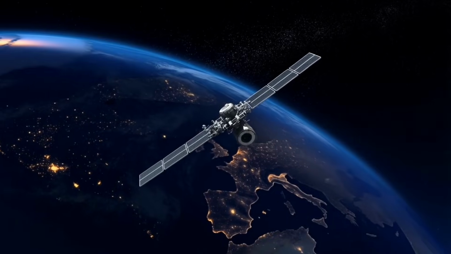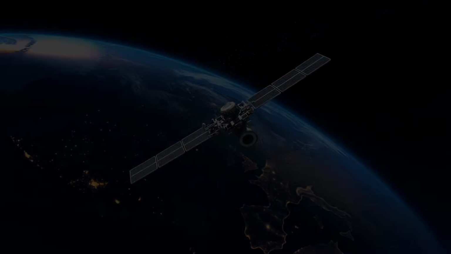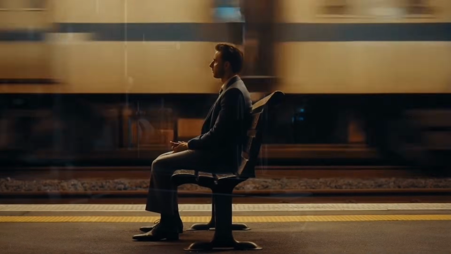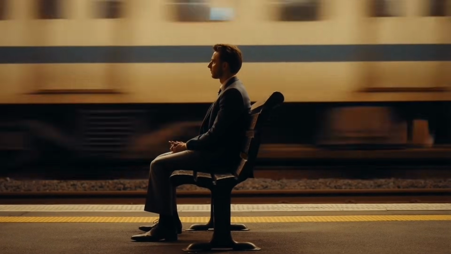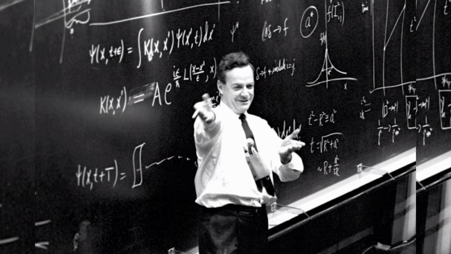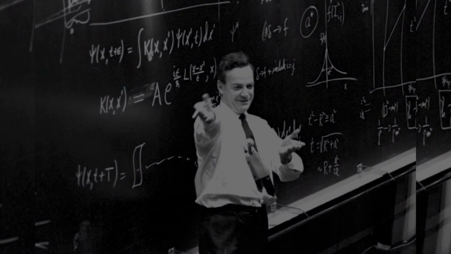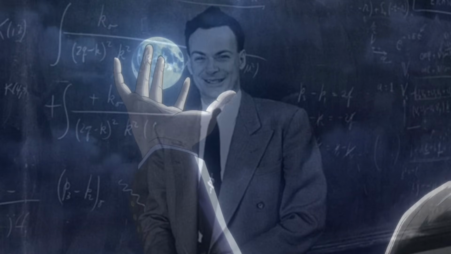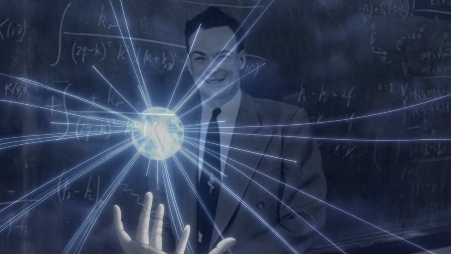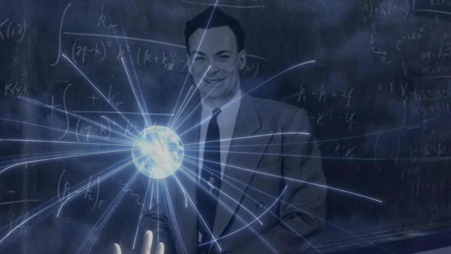We started with a simple question. When I throw a ball, does it take just one path? Now we know, no. The ball, the photon, the electron, everything is simultaneously exploring all possible paths, going around the moon, faster than light, backward in time, all paths. But most paths cancel each other out.